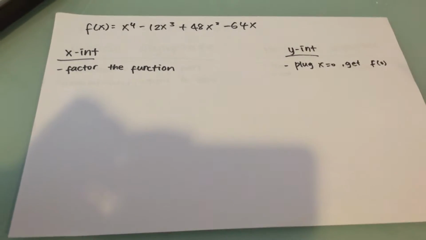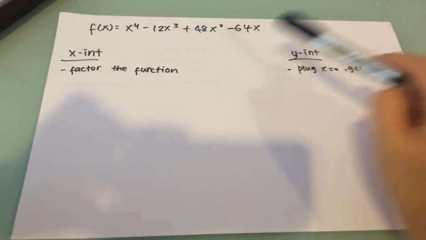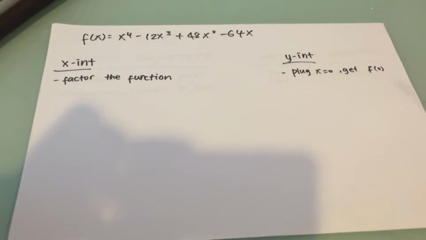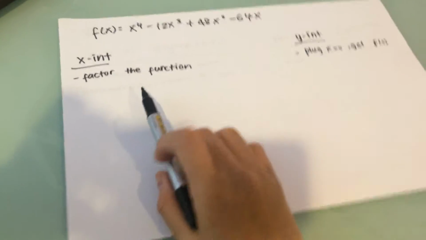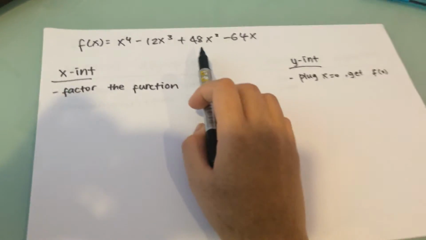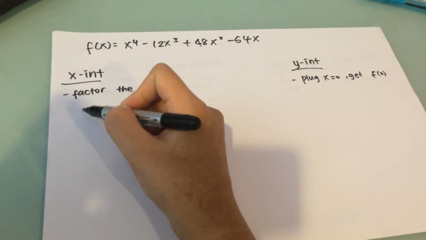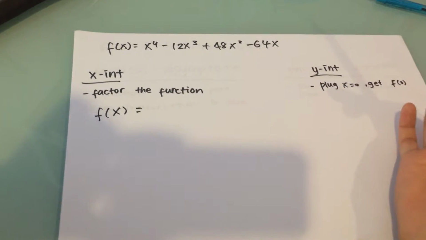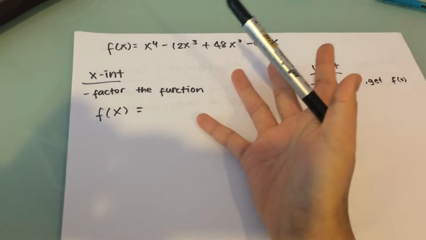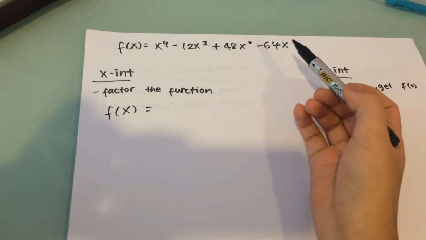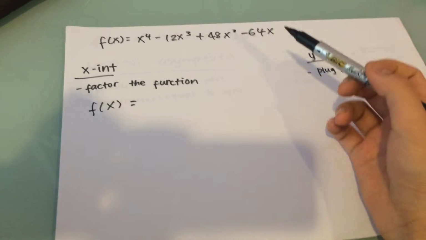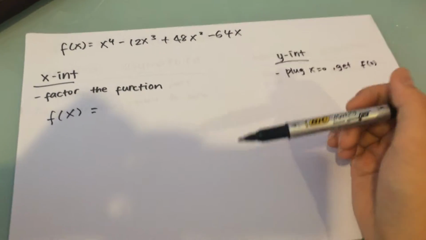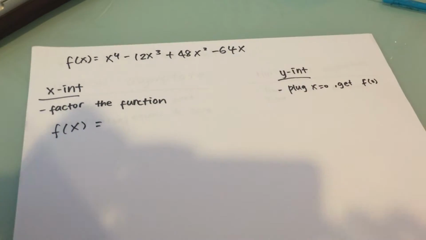So first thing, we're gonna start with the x-intercept and the y-intercept since they're the easiest. To find the x-intercept, you need to factor the original function. To factor it, I'm sure you guys can factor this. You can plug it into your calculator. If not, then I'm sure you have learned to factor this, and I'm not gonna reteach everything because this video will be really long. So I'm just gonna